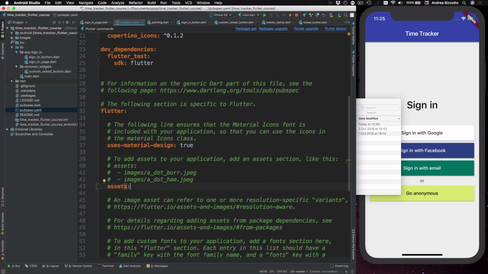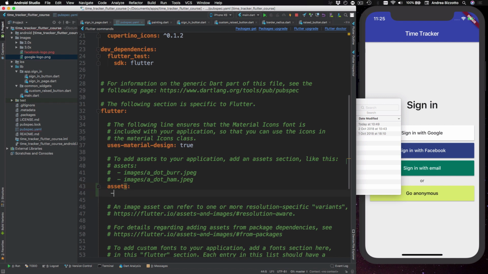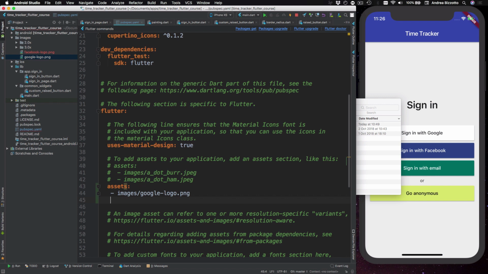Just to see what the file names are, if we open up the images folder over here, I can see that there is one called Facebook logo and one called Google logo.png. So this is what we want to use. We can get back over here, and then type enter for a new line and then space dash space, and then we're going to type in images/Google logo.png, and then we're going to do the same thing for the Facebook one. So I'm going to type in dash space images/Facebook